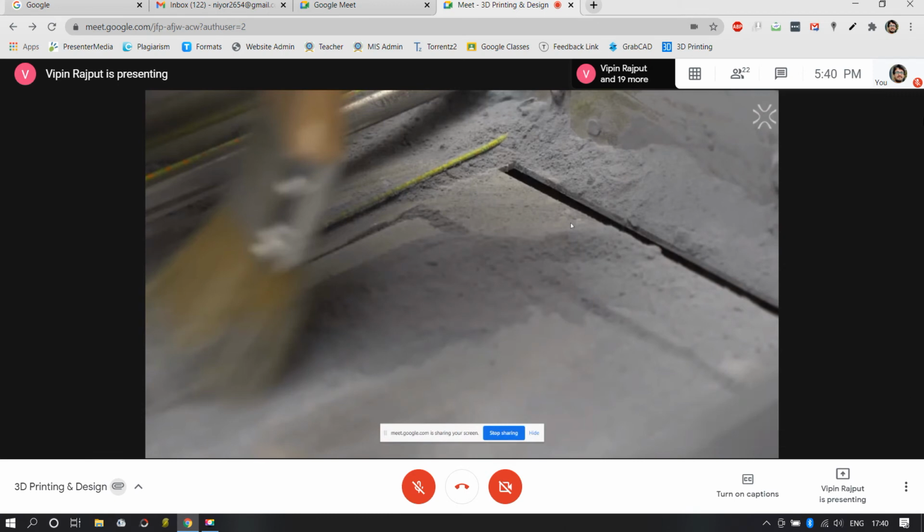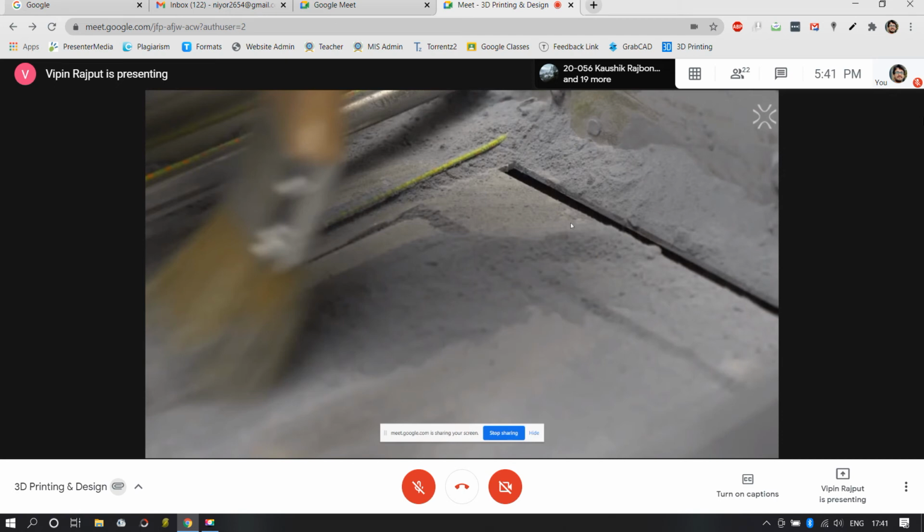Sir, in this case, the laser solidifies the powder, right? Yes. So it will depend on the intensity of the laser too. If the build volume is very large, then the intensity will be reduced. The intensity of the laser? Yes, sir. See, only the top surface of the powder is getting solidified, and as soon as that layer gets solidified, a fresh layer of powder is deposited over the model, and further deposition takes place.